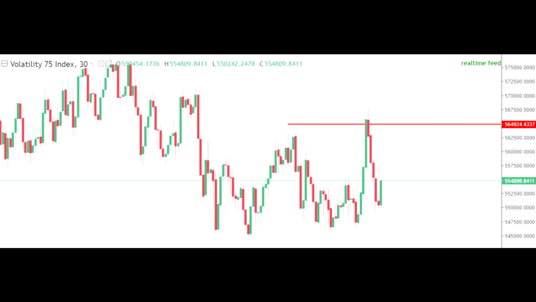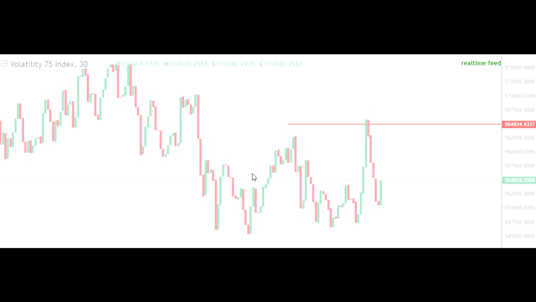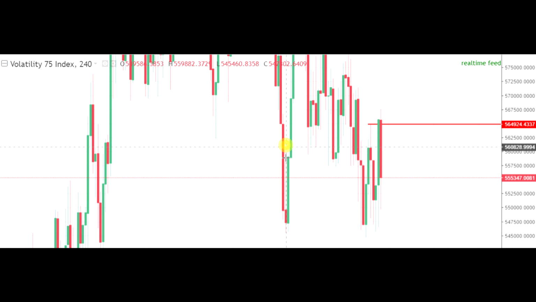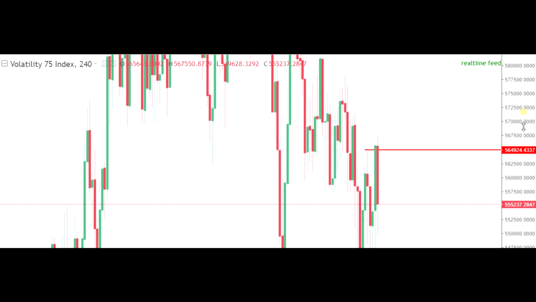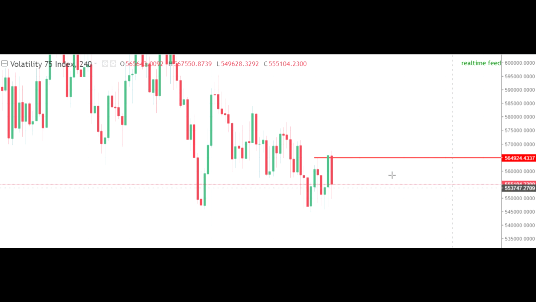So basically, this is a simple trade that you could see the price was trending downwards. Okay, price was trending downwards and we expected a return. So let me quickly bring back our H4 chart. Okay, so it's so simple here.